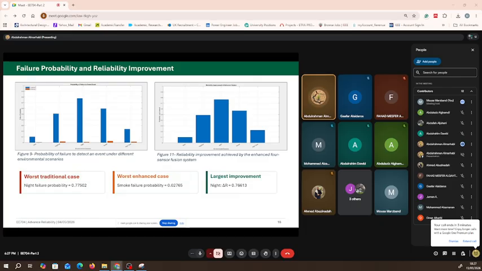For the failure probability and reliability improvement, this slide combines two important findings: failure probability and reliability improvement. The worst case for the traditional system is